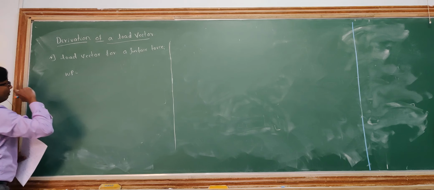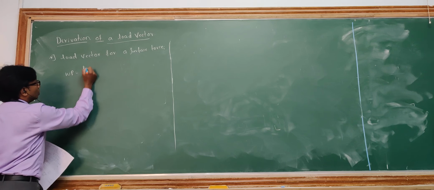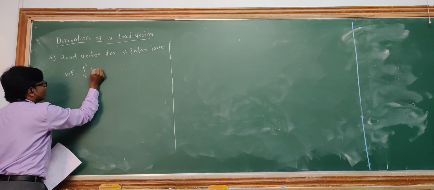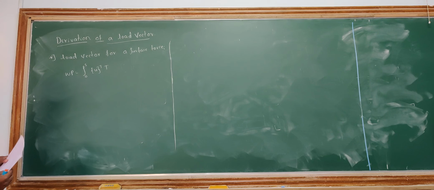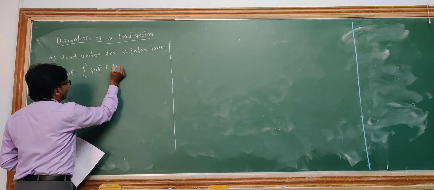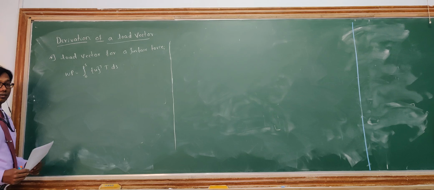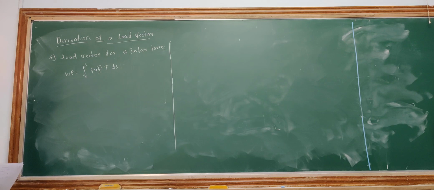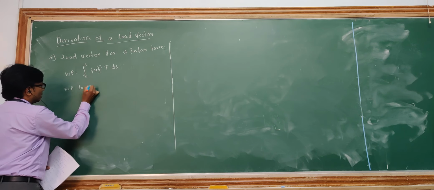In general, we will be writing for a surface force, that is integration, for a particular surface, 0 to S, U transpose, T I will write as a traction force, as a nomenclature, into ds. This is the work potential for the traction force or a surface force. Now in general we are writing it for a surface. So if I want to convert it into a line, so work potential for a surface force